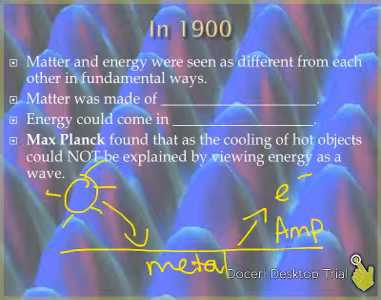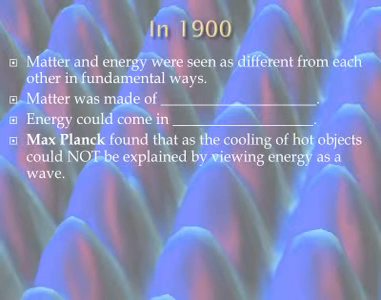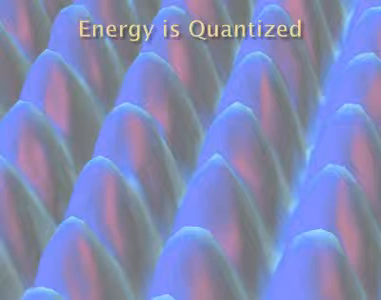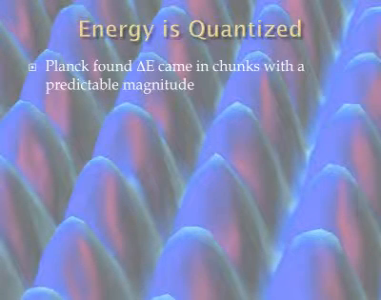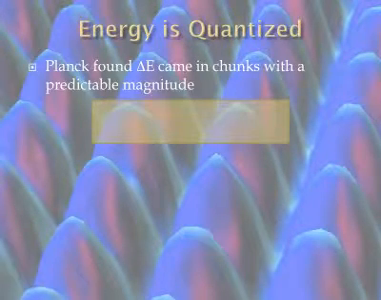So he is the one who came up with the photoelectric effect, and we're not really dealing with that right now. But that was his main discovery, and that is how he came up with the idea of particles and waves, so on and so forth, okay? But he came up with the idea of energy, and he said that energy is quantized. Planck found that energy came in chunks with a predictable magnitude. So he found that